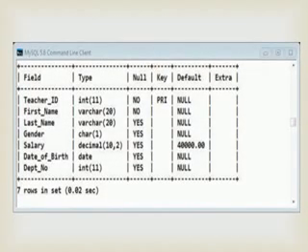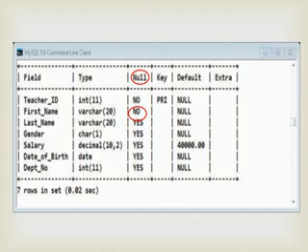See the table here: field, type, null, key, default, extra. So you can see here null. In the previous lecture you have already mentioned that the first name cannot be a null value.